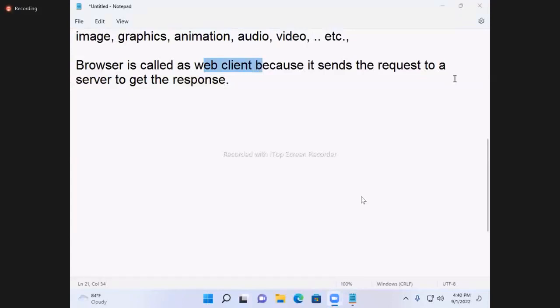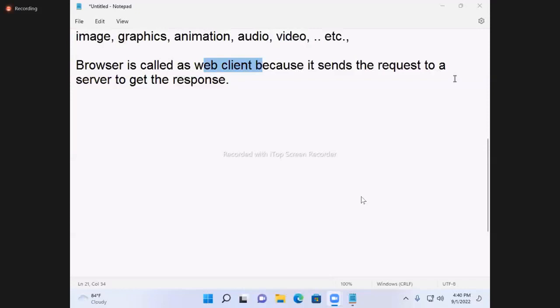Any software that sends a request to get a response is called a client. A browser sends the request to get the response; that's why a browser is called a client.